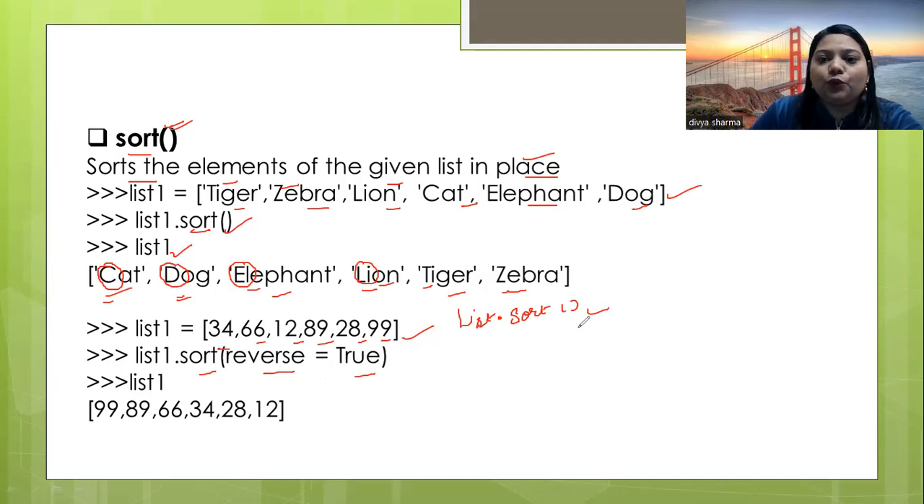But if you want to reverse the order, which means arranging elements in descending order, for that purpose you have to give reverse equal to True. Reverse equal to True means you are giving a particular condition, and it will arrange all the elements in decreasing order. After taking print of this list1, the output will be like this. You can see that 99 is greater than all the elements, then 89, then 66, 34, 28, 12. All this you have seen